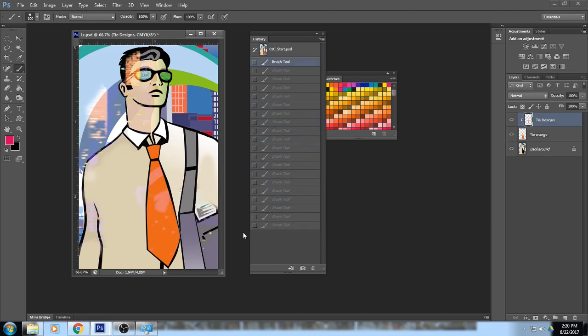Here's the problem though. I can only go back 20 steps. That's our default. So if I want to go back further, the only option I have is to go back to my last saved setting. So in other words, go back to the very beginning. So go ahead